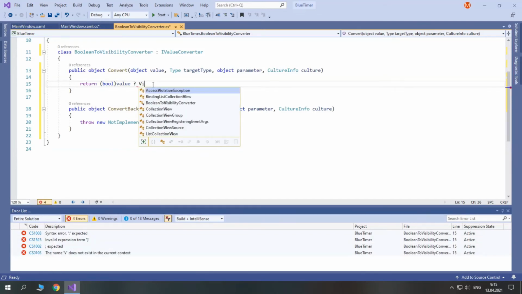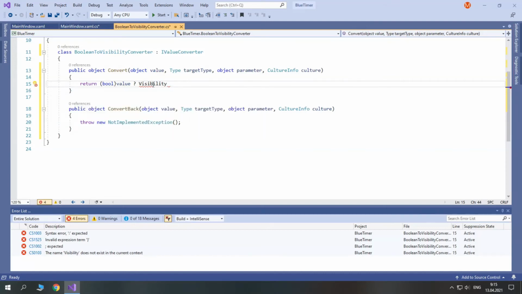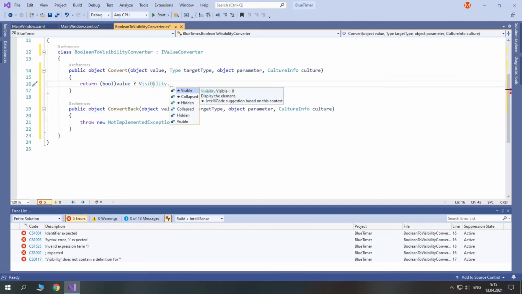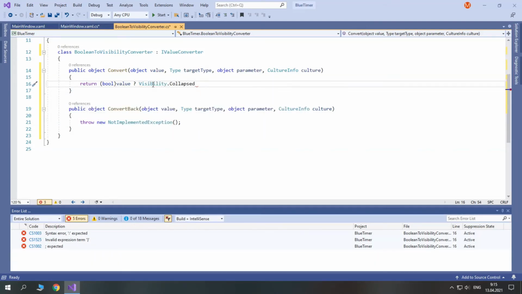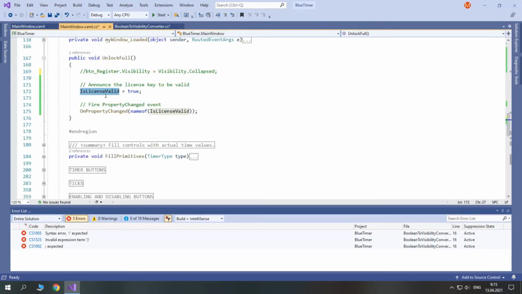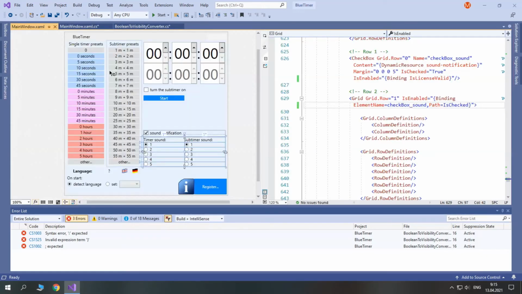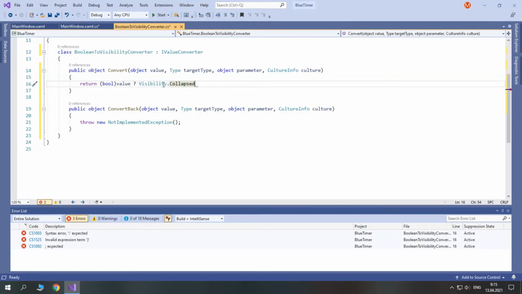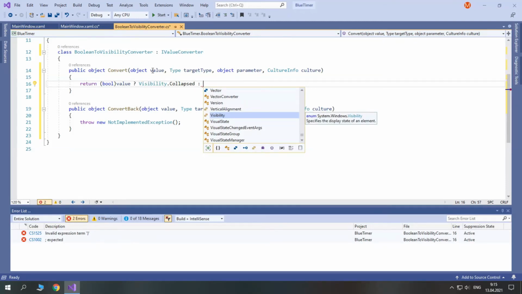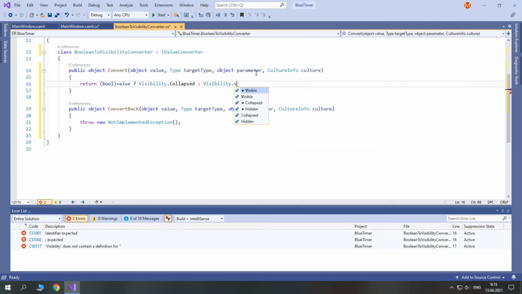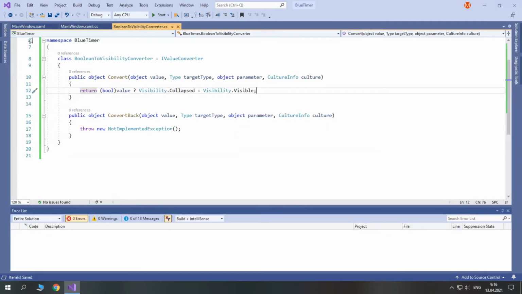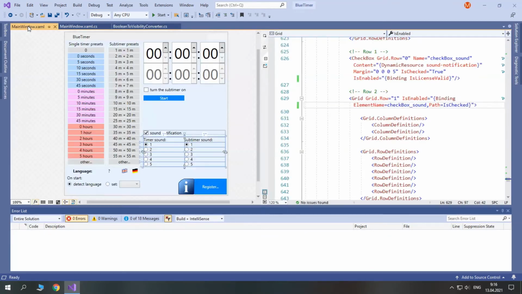If it is, we return visibility, press Ctrl dot, hit enter, and we return collapsed, because if our key is valid, we do not need to show our button register anymore. So we set visibility to collapsed. Otherwise, if our bool property is false, we return visibility visible. And that's it. Now you can save it and return to our main window.